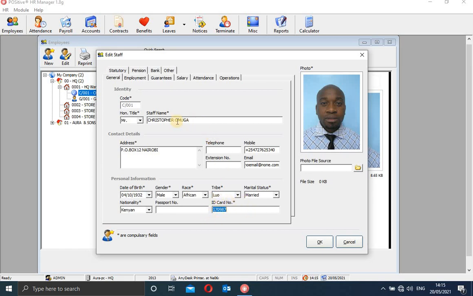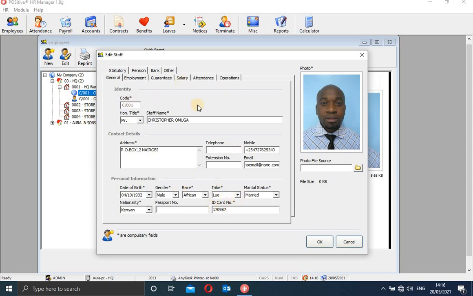So at times you may find people of the same name, like Christopher Otieno, Christopher Omoga, but what will be the unique identifier? The unique identifier is the ID number. It also prevents your human resource manager from indicating ghost workers here. If he puts the name, then he has to look for the ID. You can fake an ID once, twice, thrice, but you cannot fake the ID more than 5 times. It will overwhelm you. Okay, but the passport, you can input anything you want, but the ID here is very compulsory.